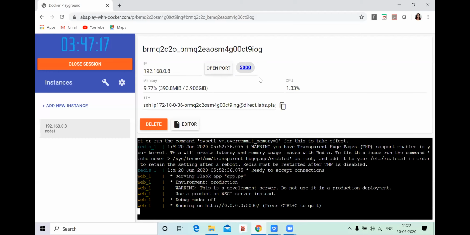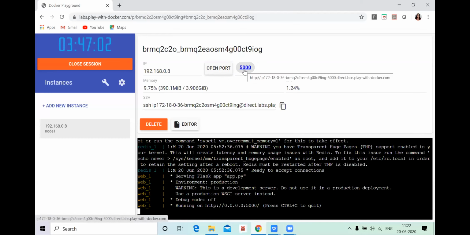If I click directly here, I will go directly to that port address. Suppose you are using Ubuntu, you will have the address here. If I click here, you can see the URL. You can take that URL directly and paste it in Internet Explorer or Chrome, in any browser.